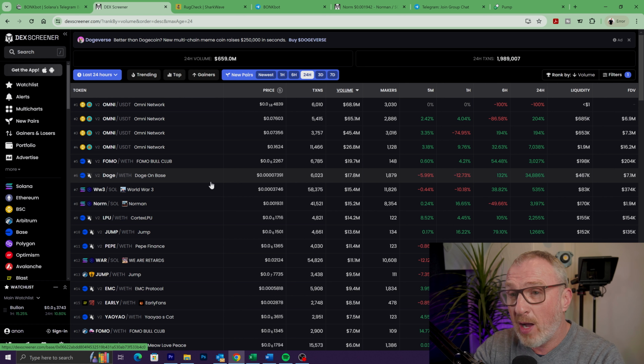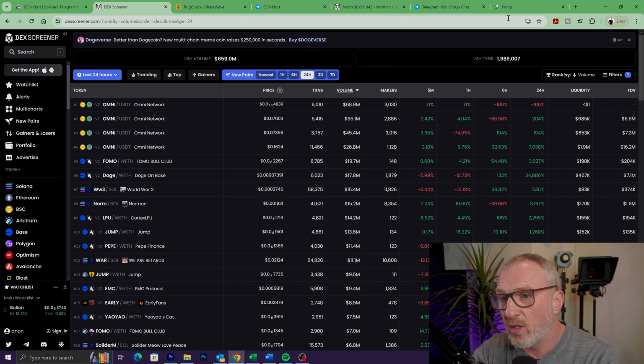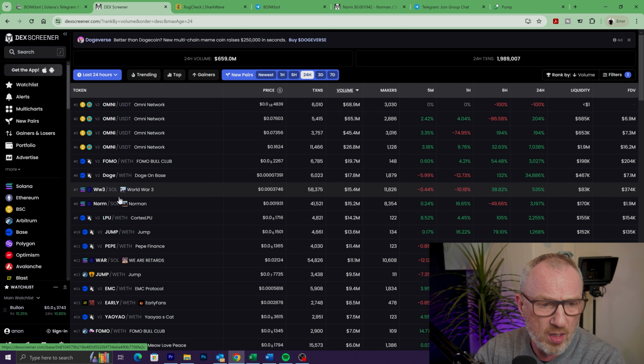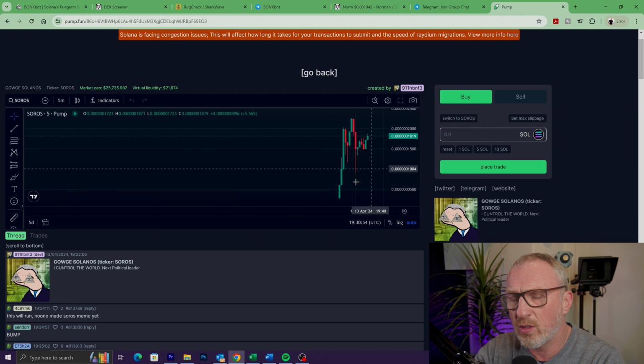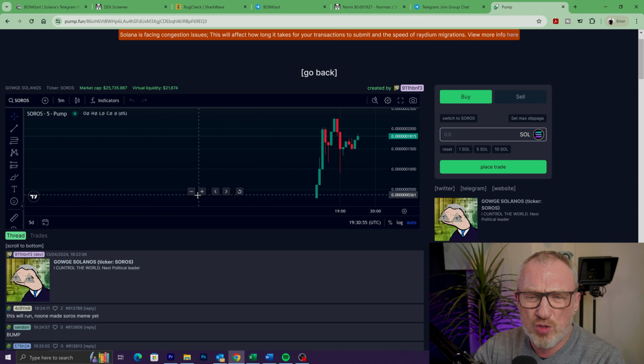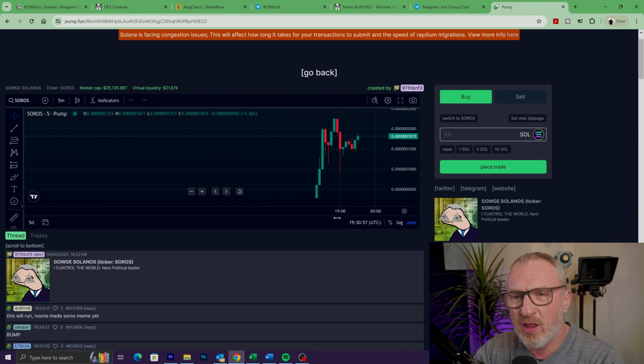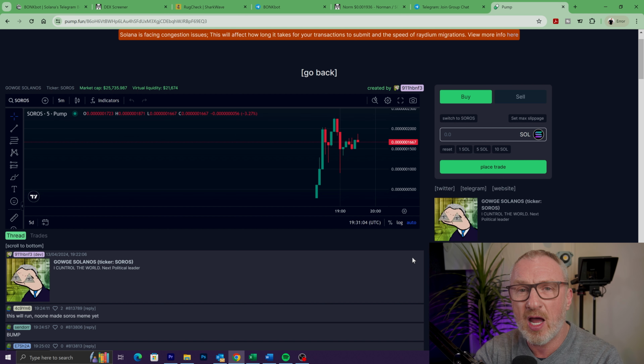What can happen, and it happened last night, is I was in a particular token. The token was called Pervy SpongeBob or something like that, and it reached this bonding curve and went over to Radium, and I was up. I think I put like 0.2 or 0.4 sol in, and I was up to about 0.6 or 0.8 sol, and I was just about to sell it here on Pump.fun, and it shut off trades because they moved the liquidity over to Radium.